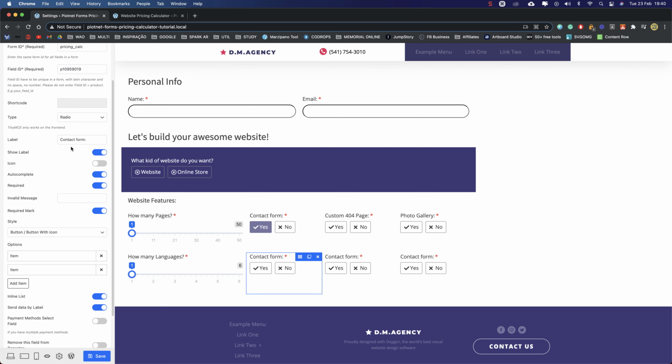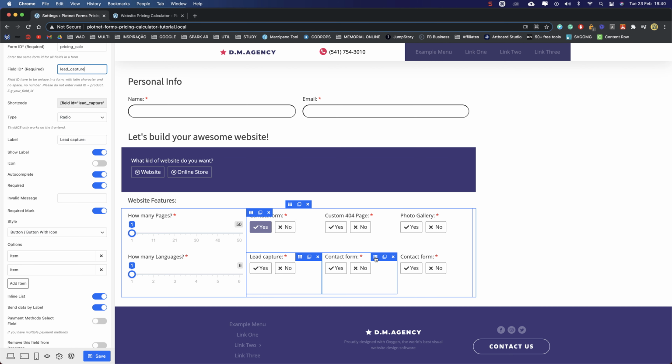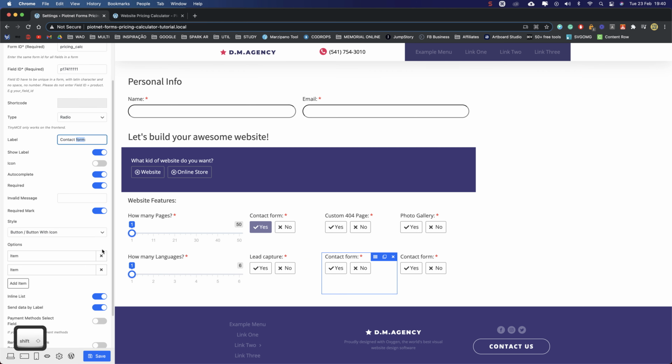Let's move along. In this one, let's call this lead capture. Here as well, lead capture. Over here, we will call this Google Map location, and here it's Google Map.